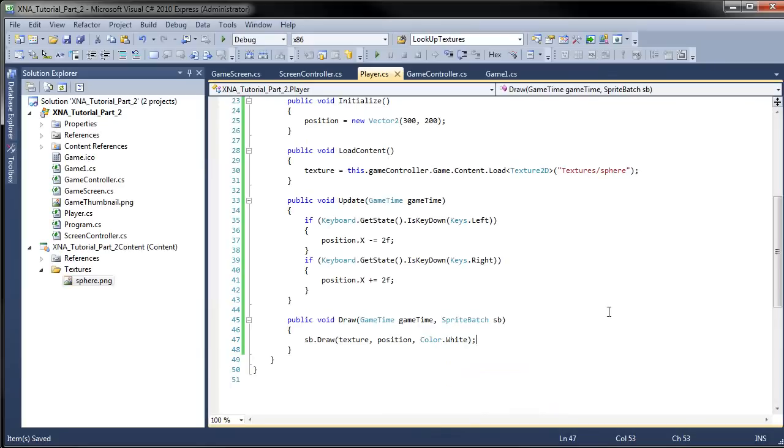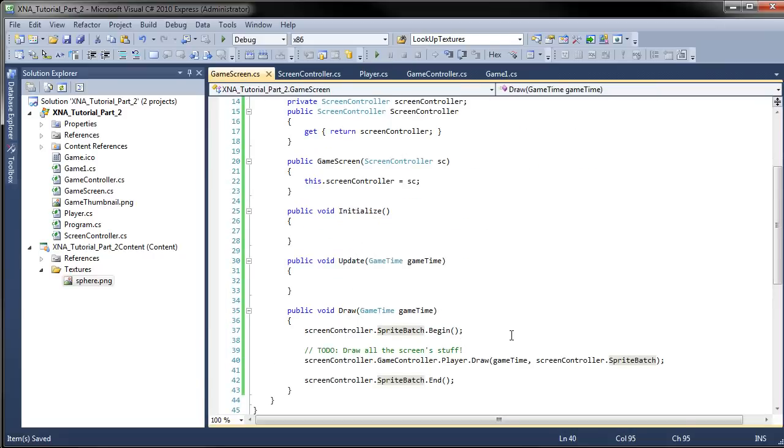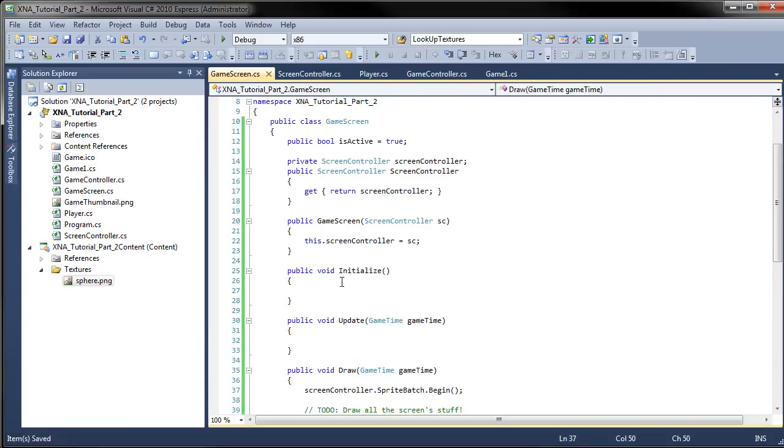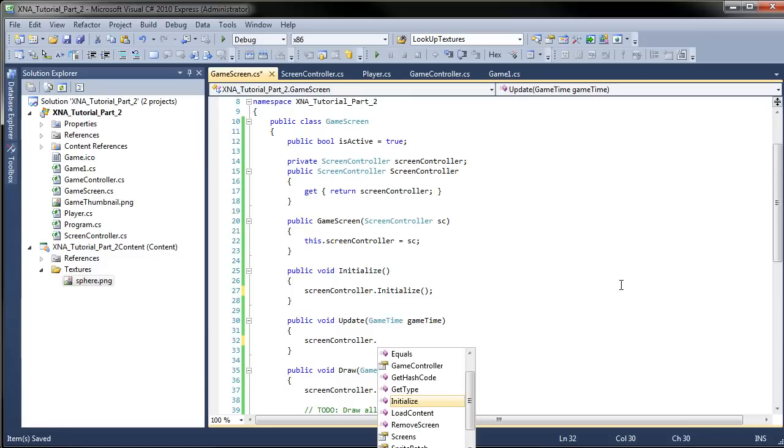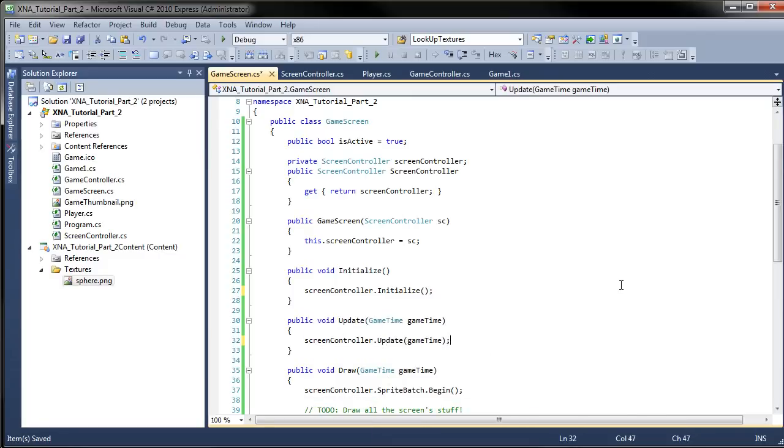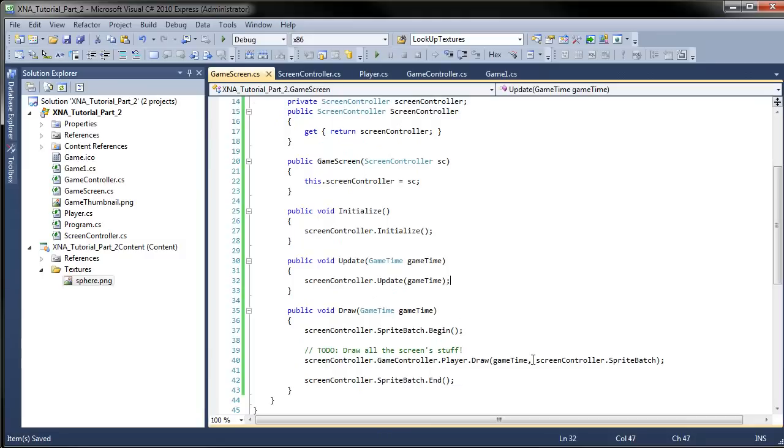And now we have about one more thing to do. We need to add the screen controller's method calls into the game controller. So let's do that. Here in initialize we call screenController.Initialize. In update we call screenController.Update. And finally, here,